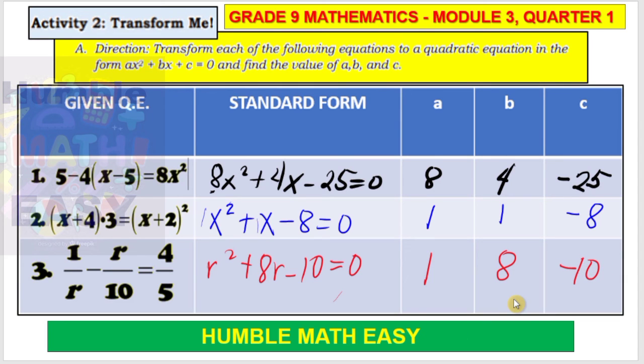So to complete the activity 2, this is now the given answer. So I was not able to copy all of it, but I just only give a parallel problem relative to activity number 2 of the module 3 or part 1 in grade 9 mathematics, specifically division of WCD, depth and